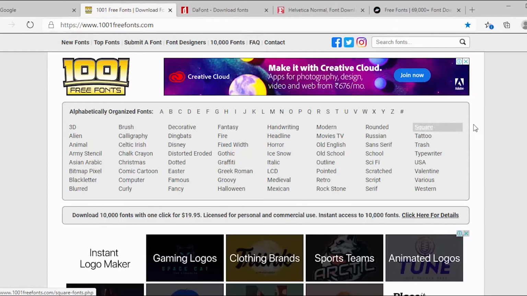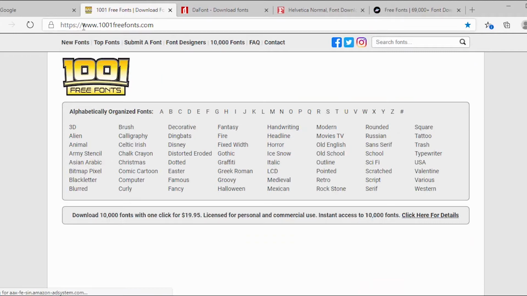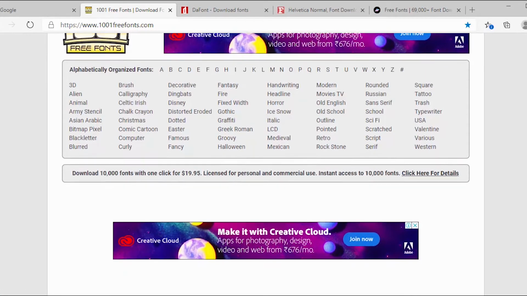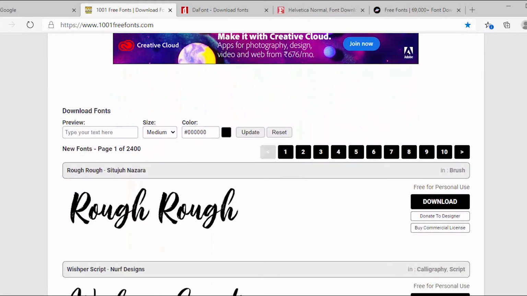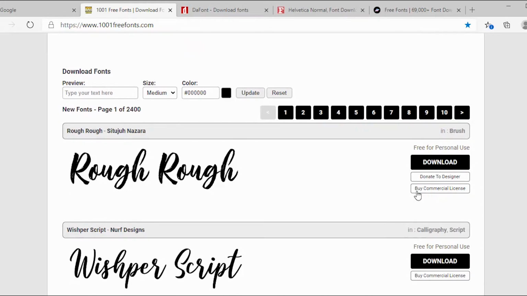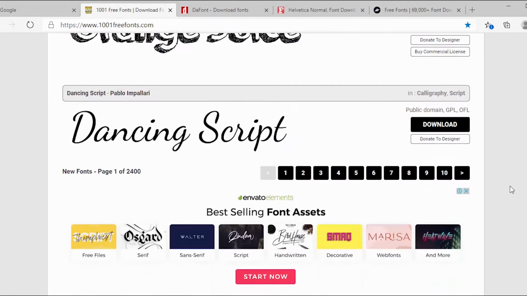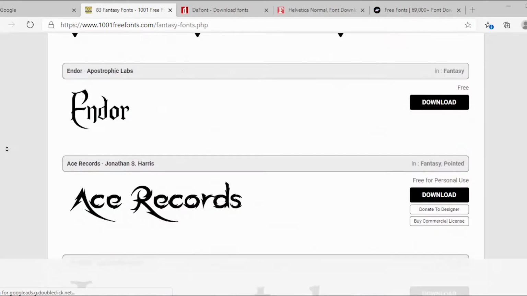Next site we have 1001 Free Fonts. This font is free for personal use. You can also buy commercial license. You can browse for any font category you want to download.